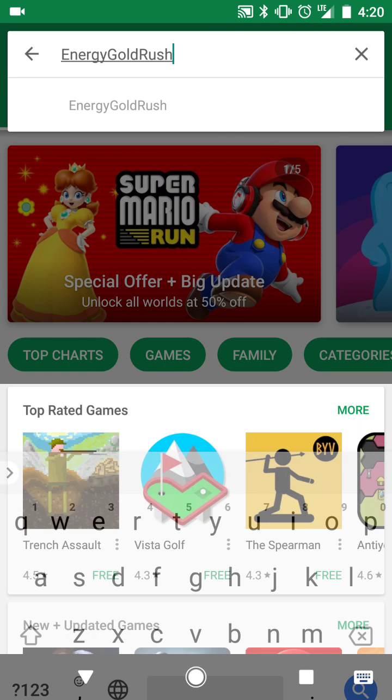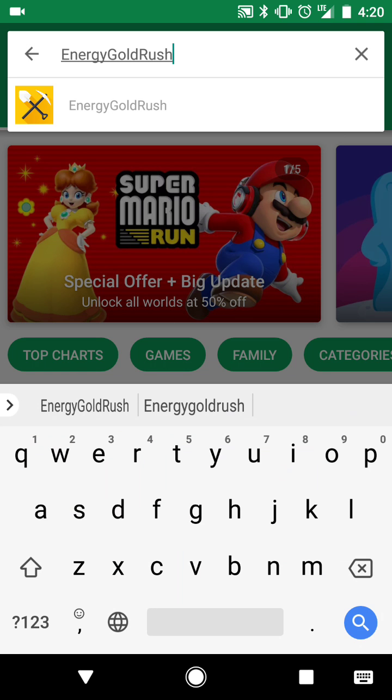I'm so excited to launch the new EnergyGoldRush mobile app, what I'm calling version 2. We've got 3 major feature improvements that I think you're going to be super excited about. I'm going to save the best for last, and I'm going to start off from square one, which is downloading